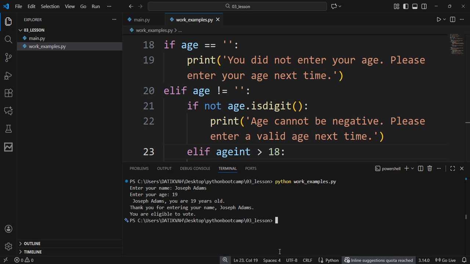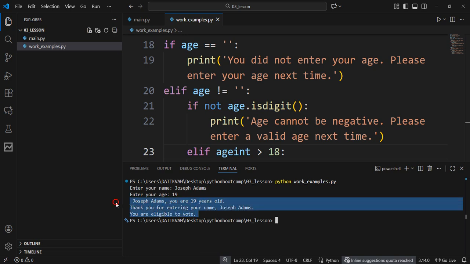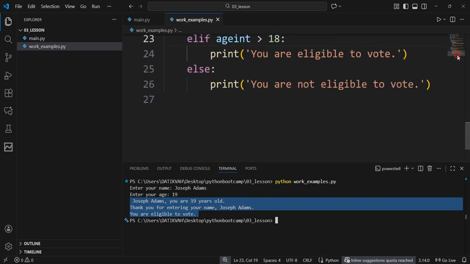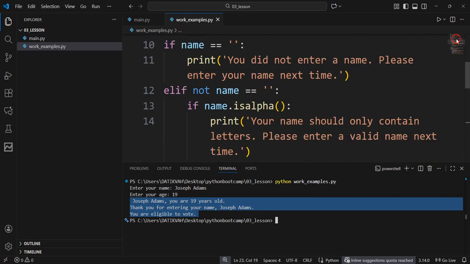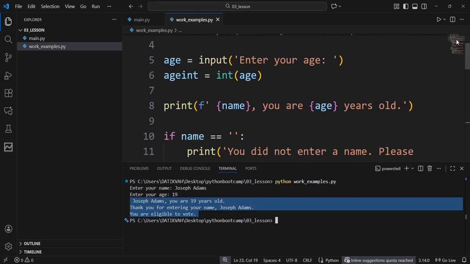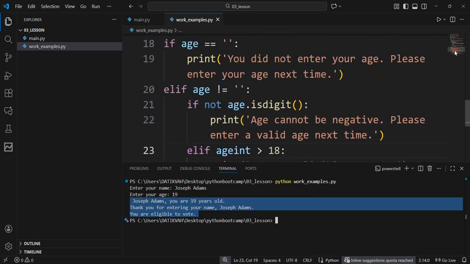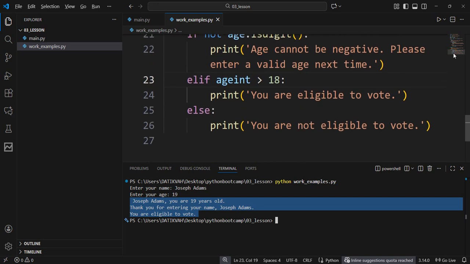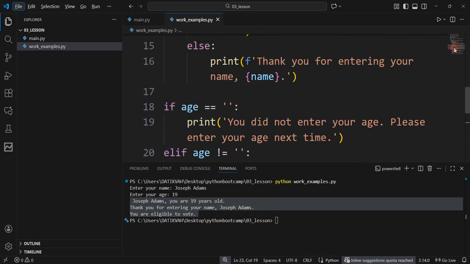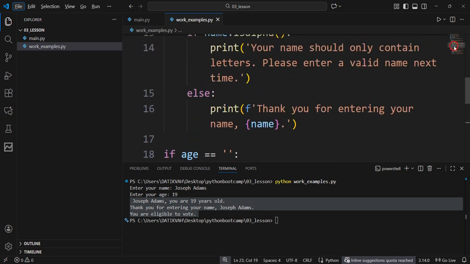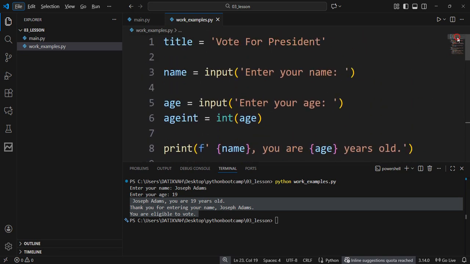So we have this. Thank you for entering your name, Adams. Then you can now vote. So we have a verification stage for voting that we have created, which is from 1 to 3 lines of code that we have done using the if and the nested if statement. So your work is to do more of this now by giving them a choice of who to vote for and who not to vote for. I will specify that you will just indicate maybe